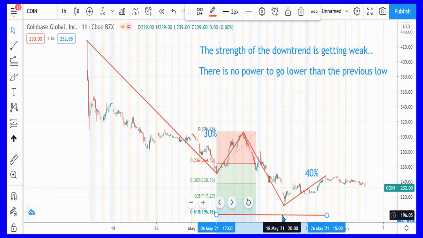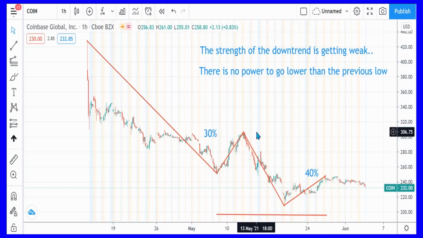Now we're going to look at the uptrend, the upside target. So just now was the downside target. Now we're going to look at the upside. What is the upside for this particular trend? To do that analysis, again I'm going to use the Fibonacci retracement. So just now I was using this curve, right? But to do the